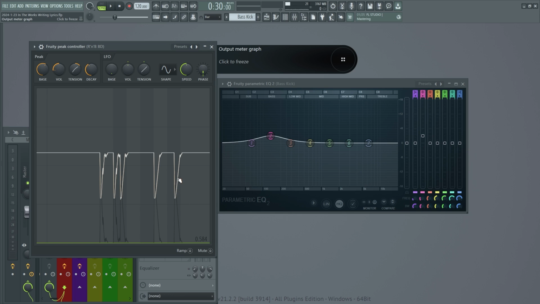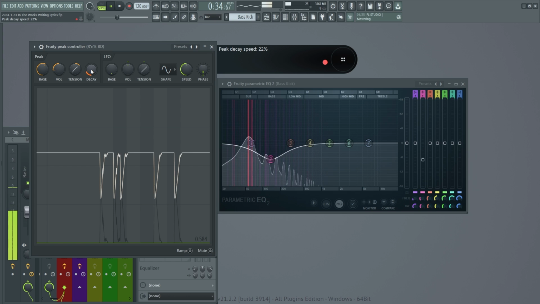But after we get it to a signal that doesn't look too fuzzy or too bad, then we want to see if we want to make this timing slower to come up. See how it's coming up quick? Or pretty much normal pace, I guess. Anyways, let's lower it down. There we go. Look at that.